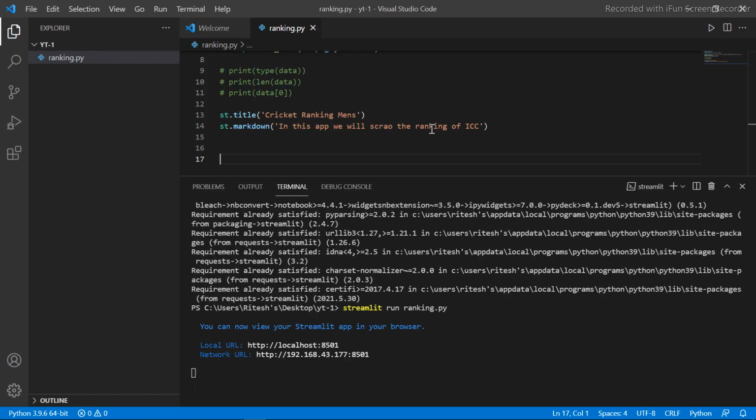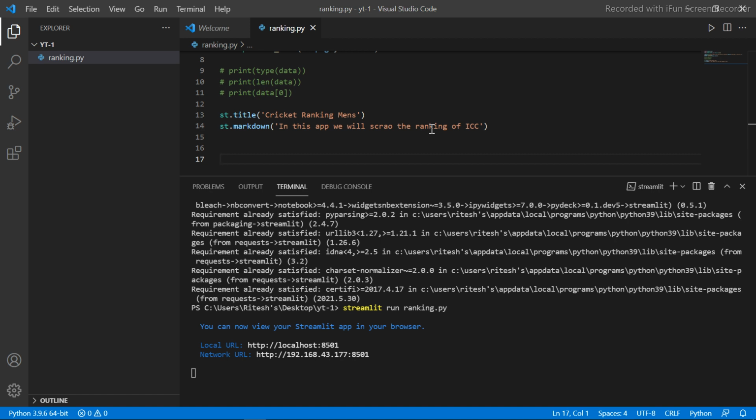Now we have to see the basic structure of our web app. We want to make the web app so that there are 2 sections, first team and then player. In one section we see the rankings of teams in every format, and in the other we see the rankings of players in every format, and in every section like batting, bowling and all-rounder.